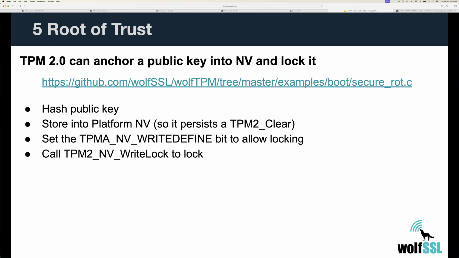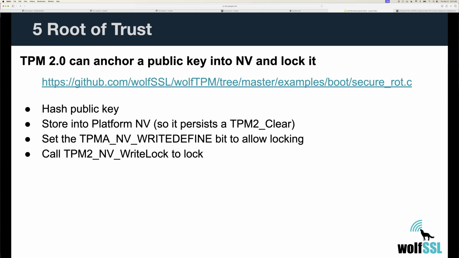Also for a root of trust. So again, this is a really good example in wolfBoot, which we fully support. And the scheme that we came up with is to take the public key, hash it, put it into a platform NV index. So it's a non-volatile index created under the platform hierarchy. And that is so that it can't be erased with a TPM2 clear. And then we set an attribute that allows it to be locked. And then after we've provisioned its TPM, we lock it. So that's how we can anchor a public key into the TPM. And then we do some other mechanisms for the pairing. So